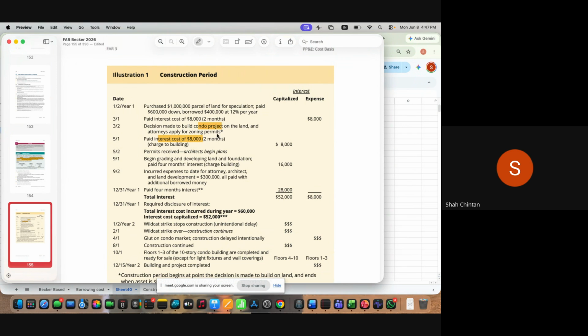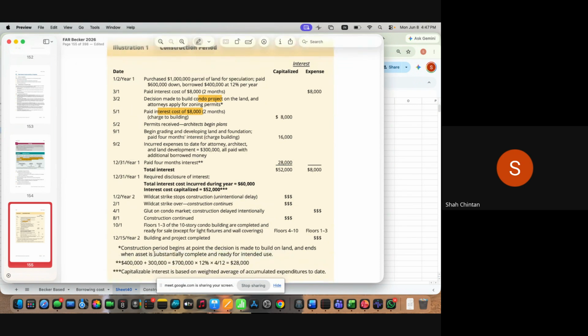ऊपर। नाउ यहाँ पर एक एस्ट्रिक मार्क दिया हुआ है, लेट्स रीड व्हाट इज दैट एस्ट्रिक मार्क। एस्ट्रिक मार्क बोल रहा है कि कंस्ट्रक्शन पीरियड आपका शुरू हो चुका है व्हेन द डिसीजन इज मेड, आपको कंस्ट्रक्शन कब करना है, व्हिच इज 2nd of March। तो आपने बिल्डिंग बनाना शुरू कर दिया ऑन 2nd of March एंड इट इज गोइंग टू बी रेडी आफ्टर अ सब्सटेंशियल पीरियड ऑफ टाइम ओनली। नाउ कैन आई से कि आपने अब वहां पर एक बिल्डिंग बनाना शुरू कर दिया और वो बिल्डिंग लेने वाला है सब्सटेंशियल पीरियड ऑफ टाइम, सो इट्स अ क्वालिफाइंग एसेट नाउ। यस,